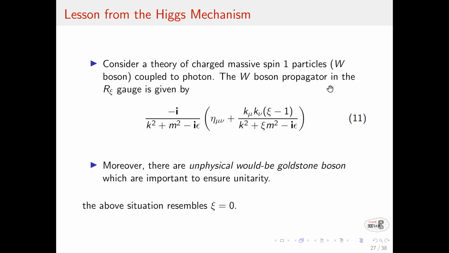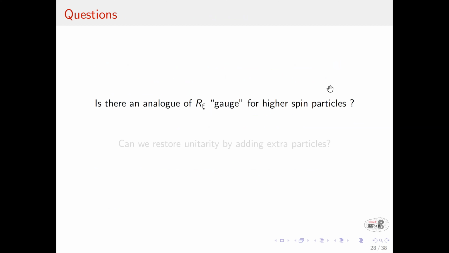And as you say, it's because the propagator is not projecting out the unphysical ones. Correct. The propagator is not good off shell. It actually has unphysical poles. So the question naturally follows: is there a gauge for high spin propagators? I'm not giving a Lagrangian description. It's at this point just taking the motivation from spin 1. Can you restore unitarity by adding extra particles? Because that's what spin 1 seemed to suggest.